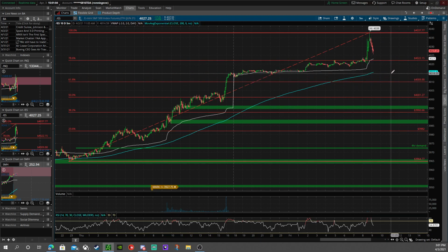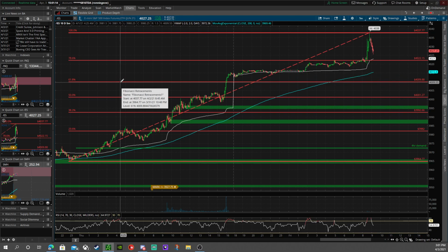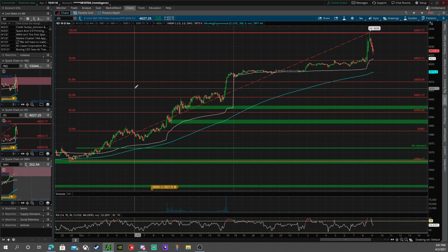Now the golden spots for the Fibonacci's are the 61.8 and the 38.2. These are the golden zones. These are the zones that everyone's looking for. These are the spots that everyone wants to go long or go short on. And then that also leads me into why I hate Fibonacci retracements. So the reason why I hate Fibonacci retracements and I think they're bad is because, one, where you might have